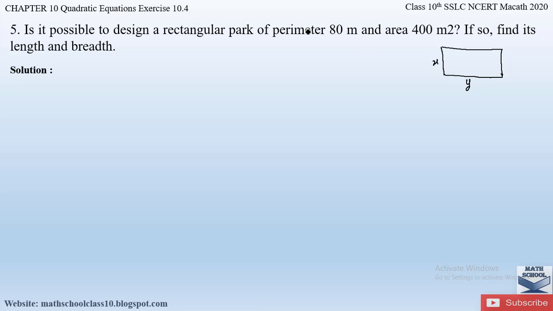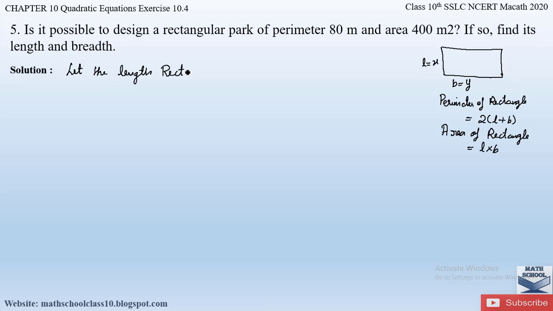Since they have given us the perimeter of this rectangular park, the perimeter of a rectangle is given by 2 into L plus B, and the area of a rectangle is equal to L into B. So let us write down. Here we have assumed the length to be x meters and breadth to be y meters. Let the length of the rectangular park be x meters and the breadth of the rectangular